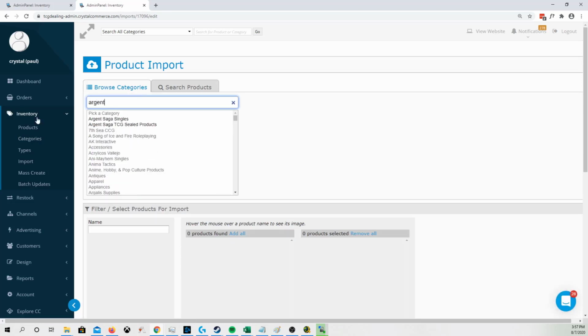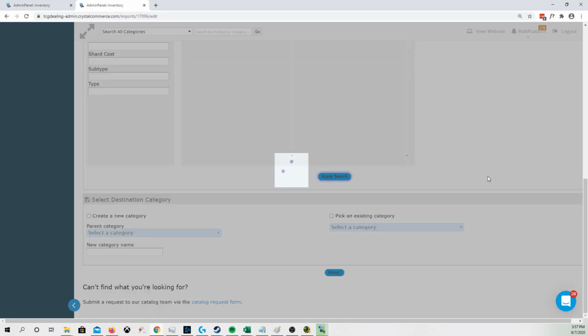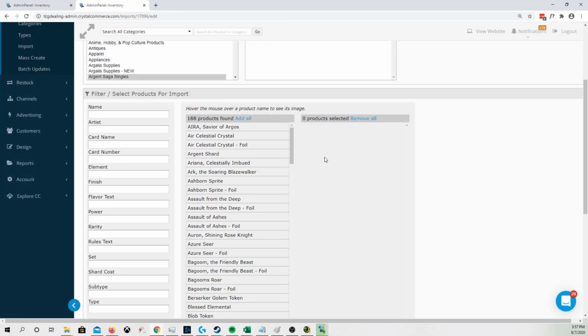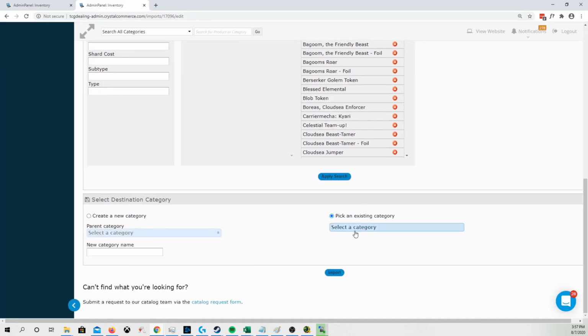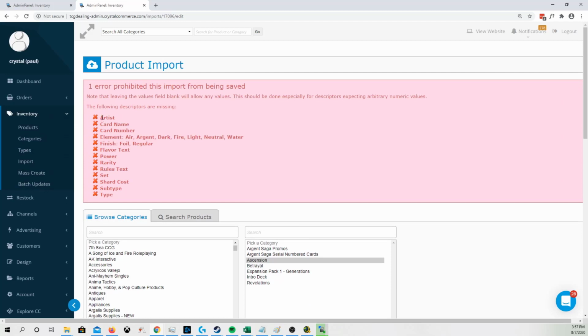and search it up, Ascension. All right, we're going to apply search, add all. And now we're going to pick the existing category for Ascension. And if we try to import this, now it gives me an error because now it's saying it can't find the descriptors. So if you're running into this error and it's like you're importing a brand new product line,